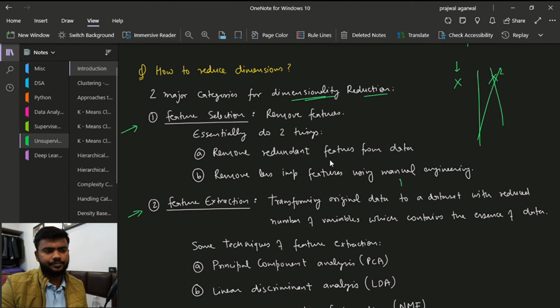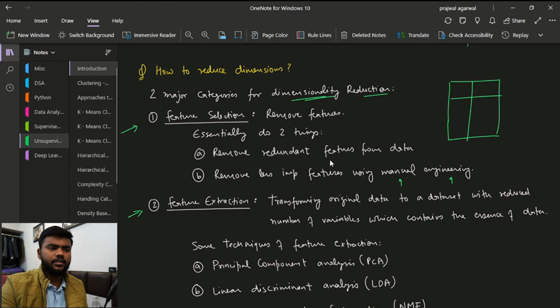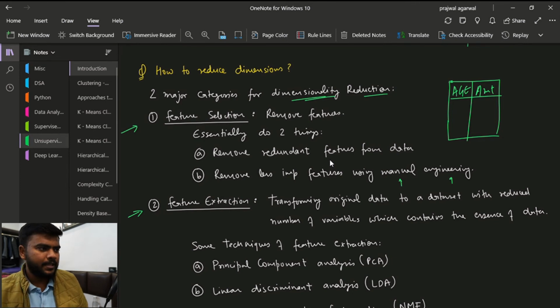For example, suppose we are building a model, and this is the example that I've taken so many times. Suppose we are building a model of what amount a person of a given age buys, basically the shopping amount of a person in a month, depending on the age. In this particular model, the gender of a person is not a relevant feature at all. So we just ignore that feature. That is what we do in feature selection.